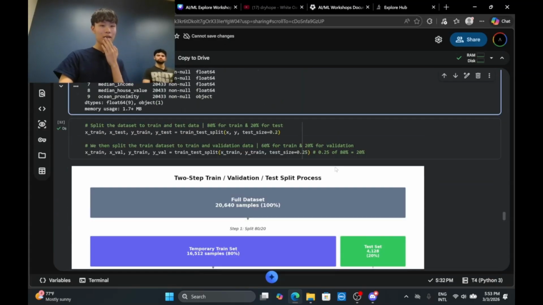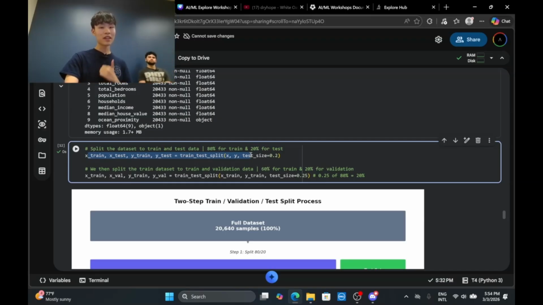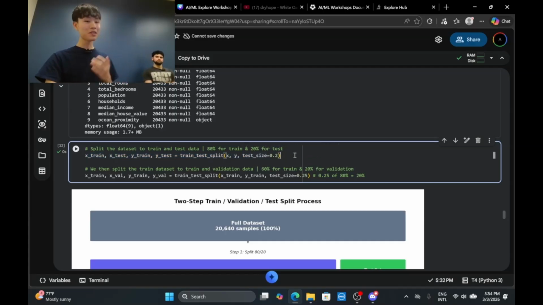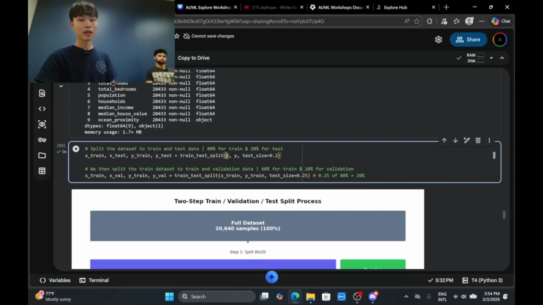Well, we're just down here. In this case, X_train, X_test, y_train, y_test equals train_test_split(X, y, test_size=0.2). What this does is basically use this function right here, passing in X and y, where X is all the data columns besides our target column, which is the column that has our housing price, and y is the column that is the housing price, our target value.